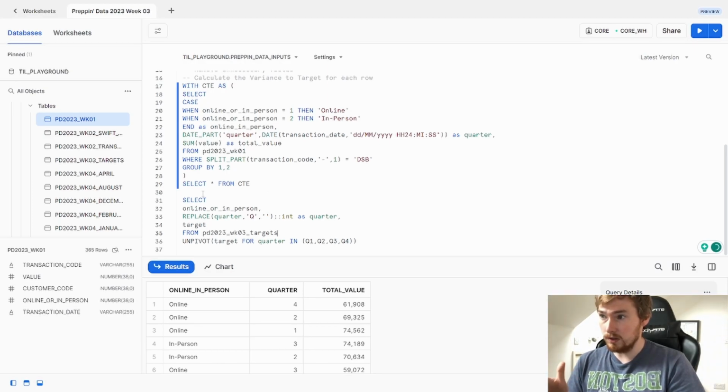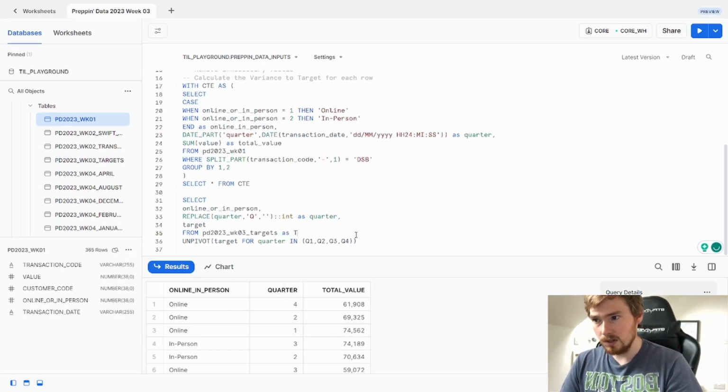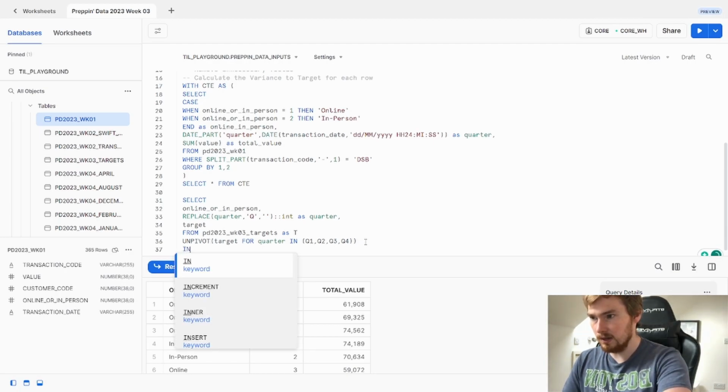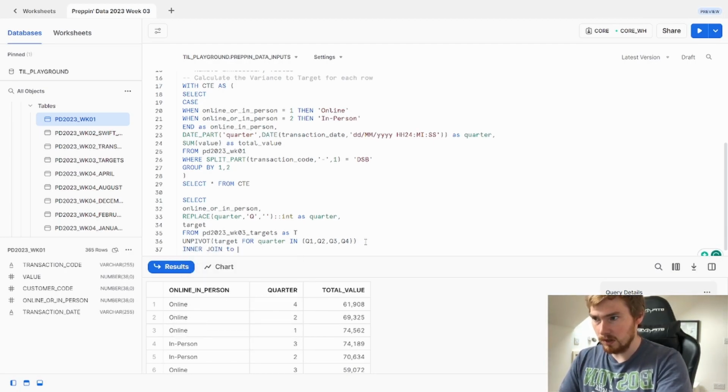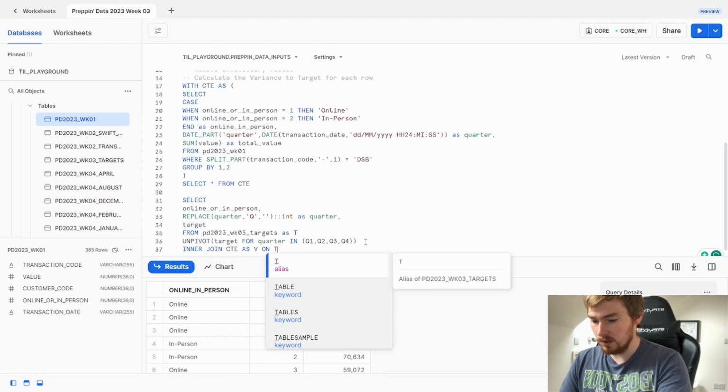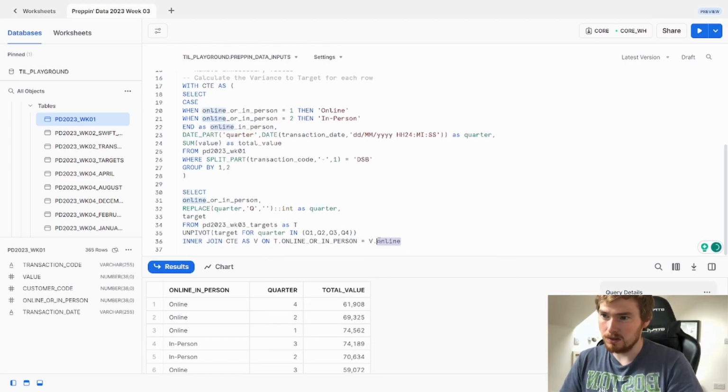So if I'm going to join these two together, I need to bring this in here. So I'm going to give targets an alias as T, of course. I'm going to do an inner join on my CTE and call this as V for values on. So I'm going to need to do two statements in this case. So I want to join online in person and by quarter. So I'm going to go first on